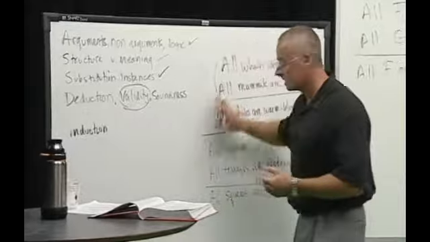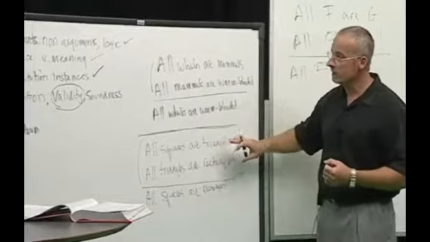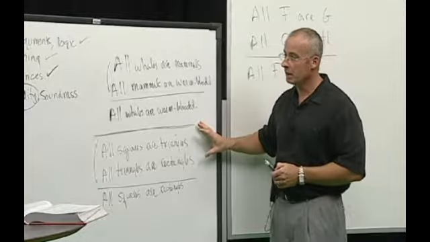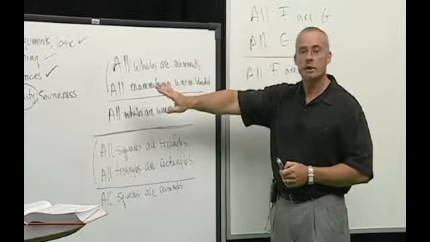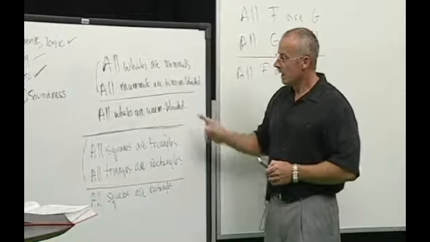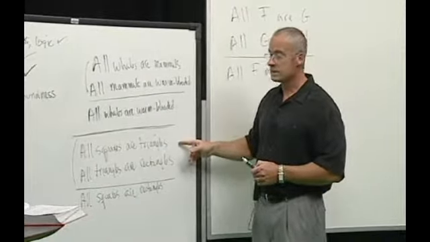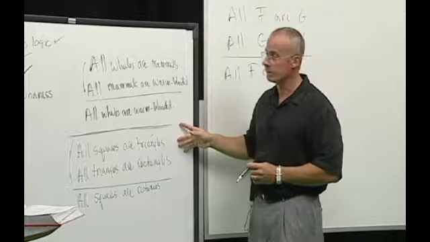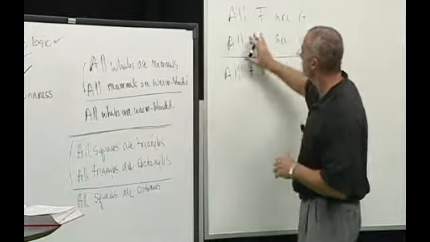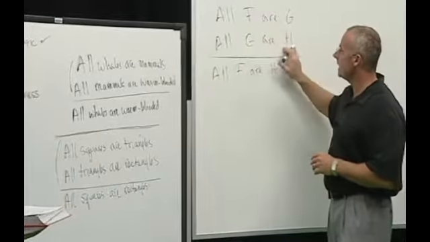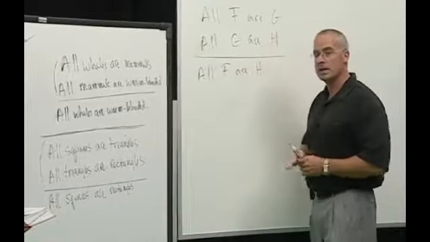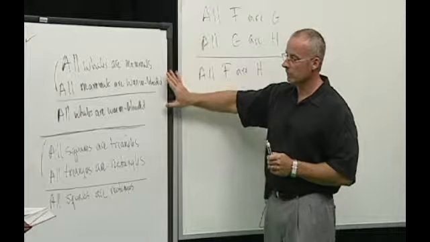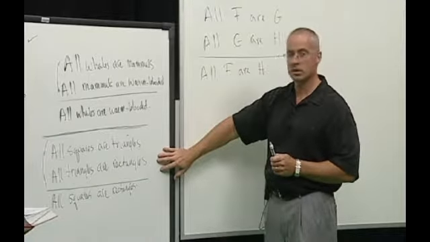We used these two examples earlier to illustrate argument structure and substitution instances. I'd like to stick with these examples for the sake of simplicity so we can clarify this notion of validity. As I said, these two arguments have something in common, and what's in common here is the argument's underlying structure. That structure looks like this. All F are G, all G are H, and all F are H. Now, even though we would accept that argument about whales and mammals and reject that argument about squares and triangles,